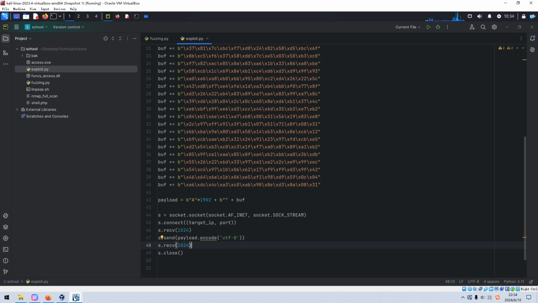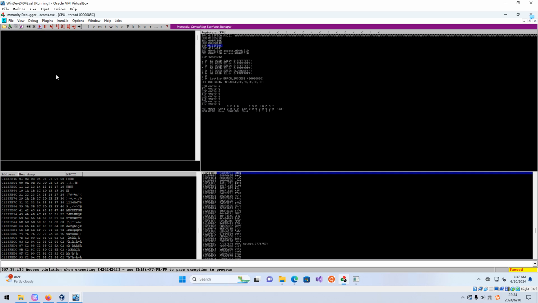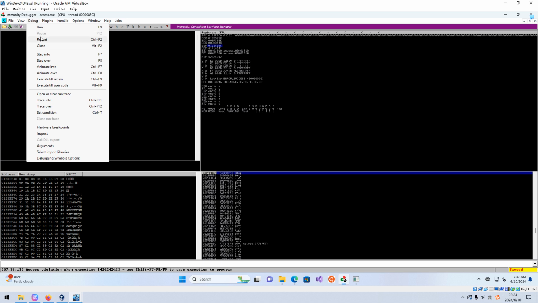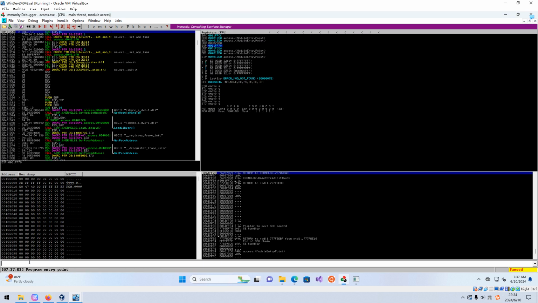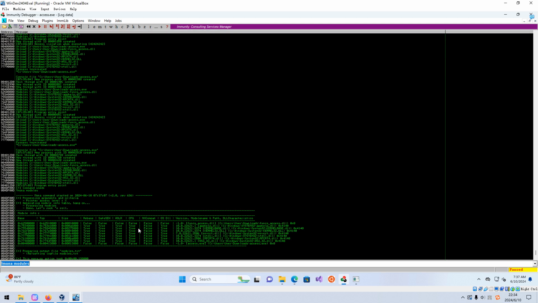We can go to the Immunity Debugger. We can restart, and then we can use the modules. Press enter.